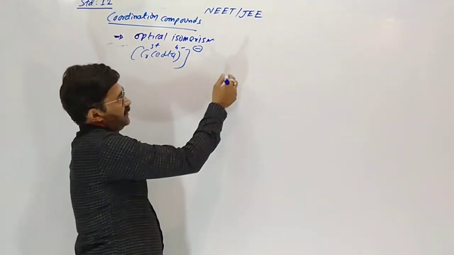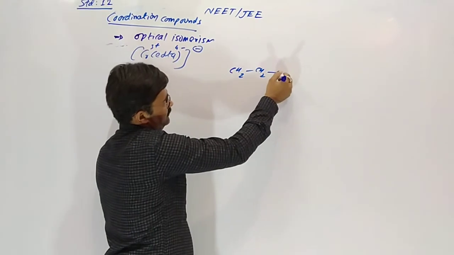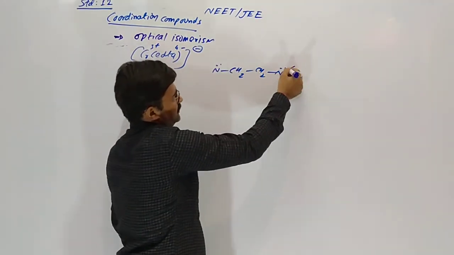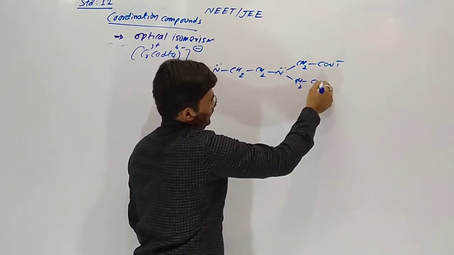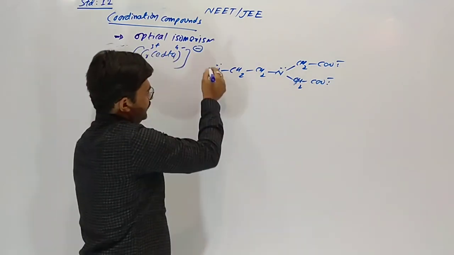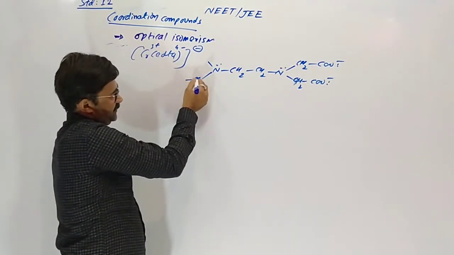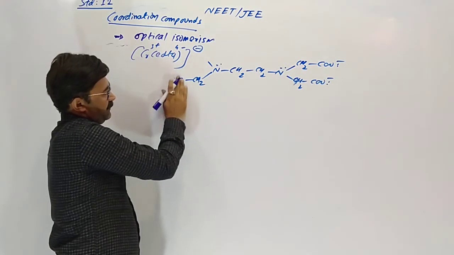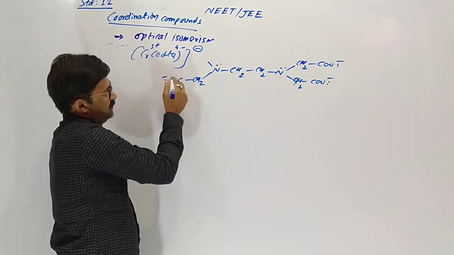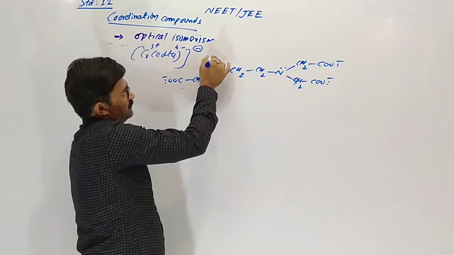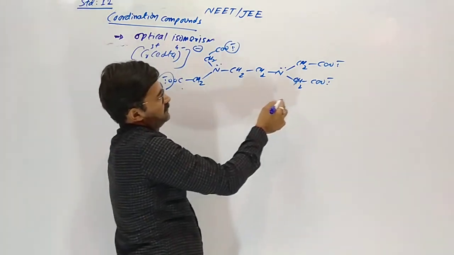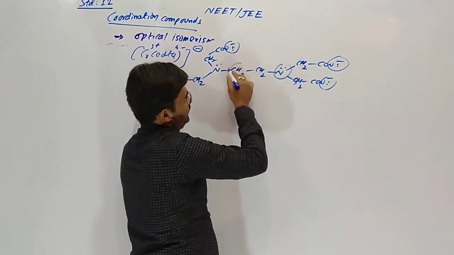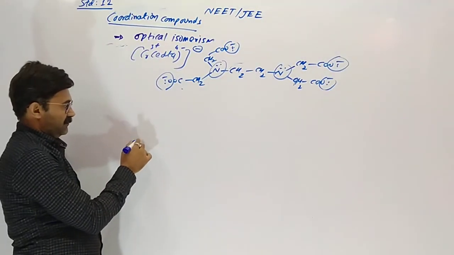Actually, the structure of EDTA, everybody knows: ethylene diamine tetraacetate. One ligand having capacity to form 6 coordinate covalent bonds, 4 of oxygen and 2 of nitrogen here. Hexadentate. So in chromium plus 3,